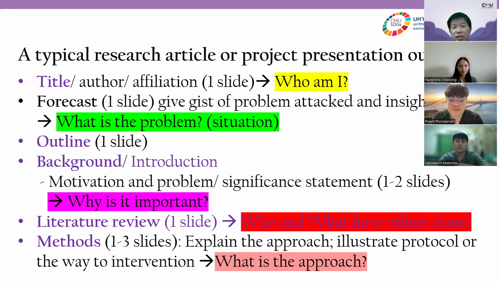Okay, the typical outline of a research article, project, or presentation is: title; author or affiliation, just one slide. Who am I? You only have 20 minutes, right? I went to the conference